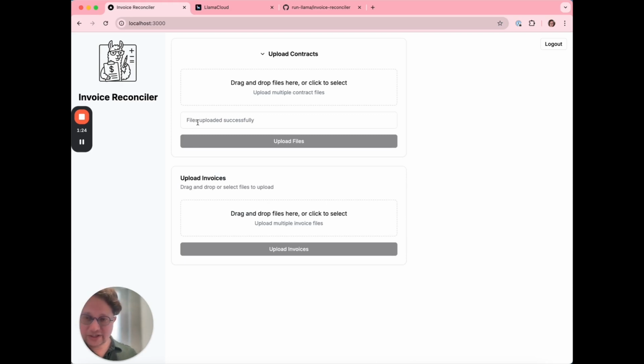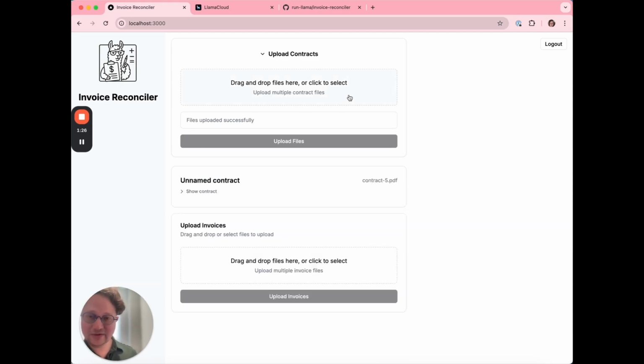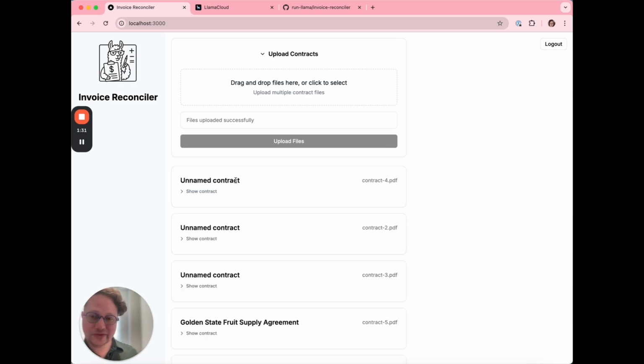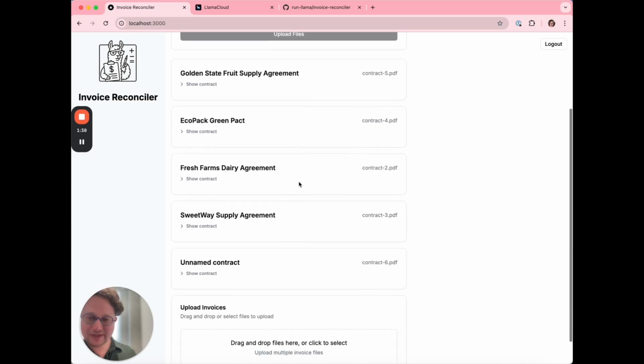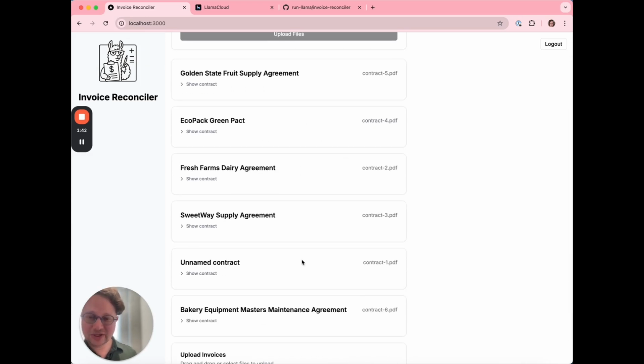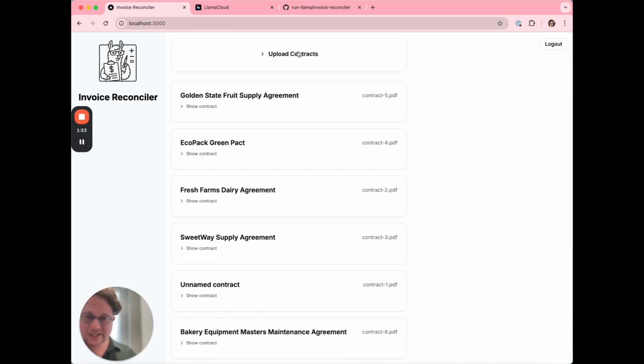And you can see the files are uploaded successfully, and it'll take a few seconds for them to start showing up. We get the LLM to read the parsed contract and come up with a name for the contract. That happens in the background, so you can see that's happening here. An unnamed contract is slowly turning into a named contract. So now, once that final unnamed contract gets a name, we will move on to the next step, which is